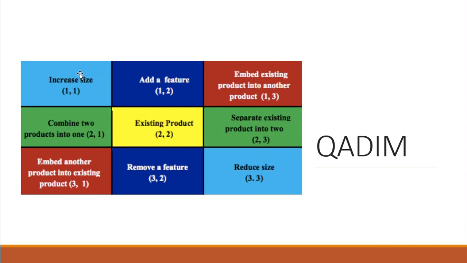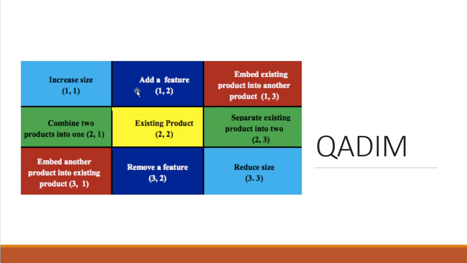Okay, this is based on column and rows. Column is the vertical one. Okay, row is the horizontal one. So this one, increase size is 1-1, means row number 1 and column number 1. Okay, and then add a feature, column 2, second column, but the first row, so 1-2. So this one, embed existing product into another product. 1-3 means the first row and third column, and so on. Okay, that's how you read the